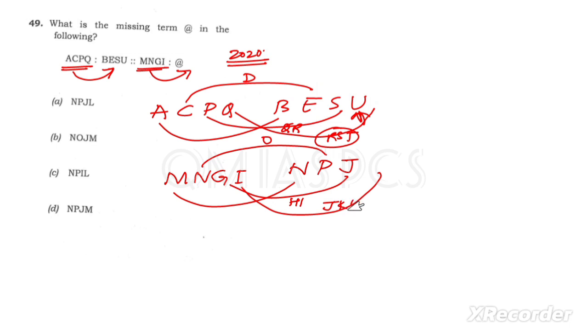NPJM, the option. Is it clear? Was it easy or difficult? So now you decide whether you are getting it or not. Was it difficult or easy? Okay, and are you understanding the concept, how to process the question? You understood,